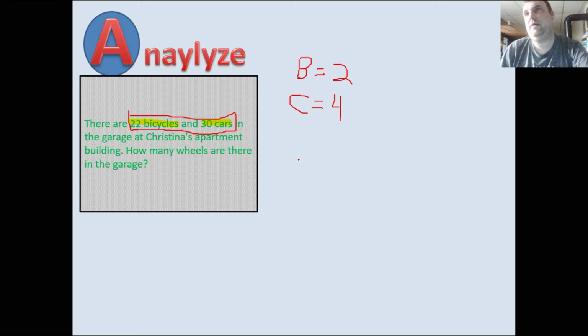Now, if you're in 6th grade, you probably wouldn't use a linear equation, but I know you guys have seen linear equations and you know about this. So I'm going to set a really simple one up. And this is where we analyze. This is where we solve the problem. So we have 22 bicycles. And then we know we have 30 cars. So, and we know that equals the total